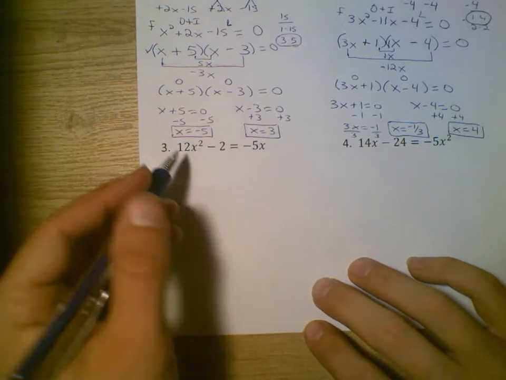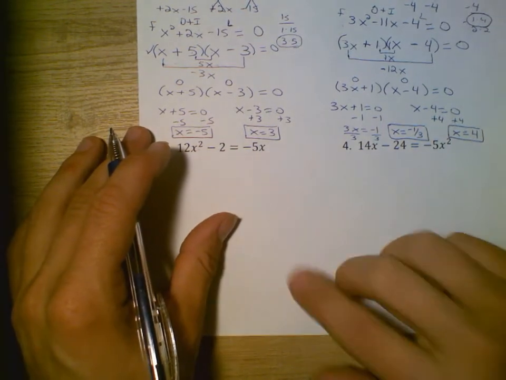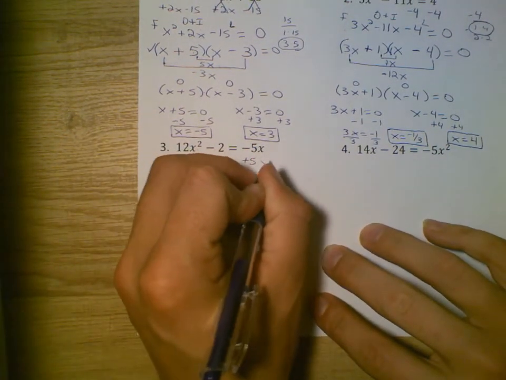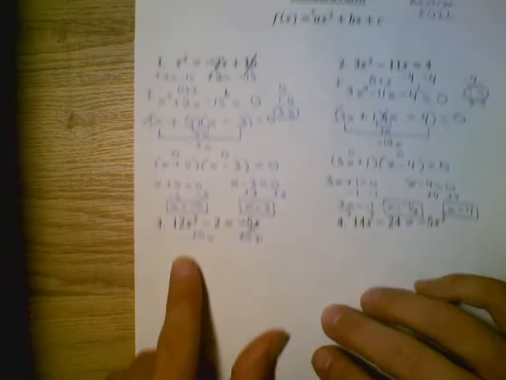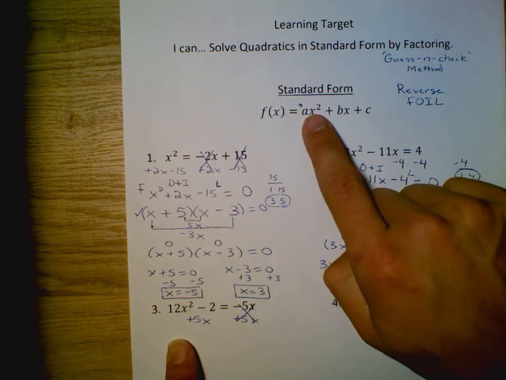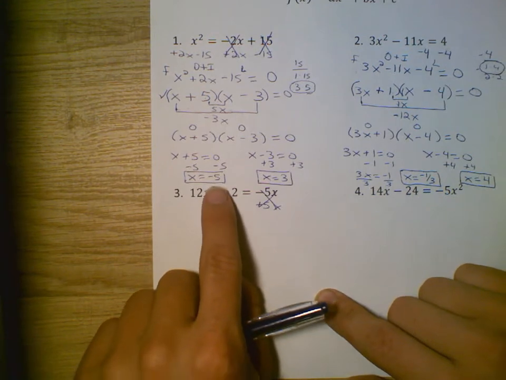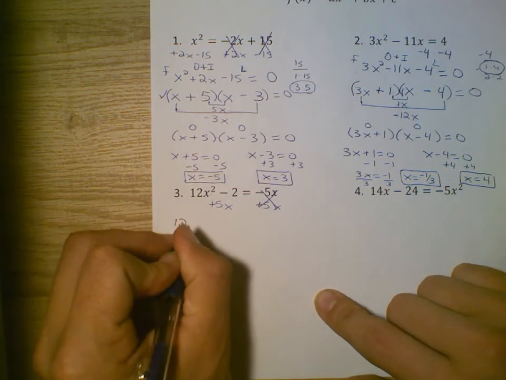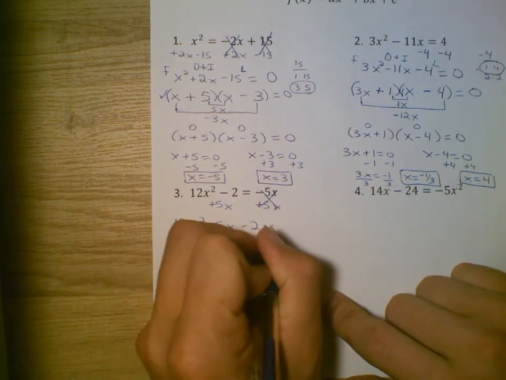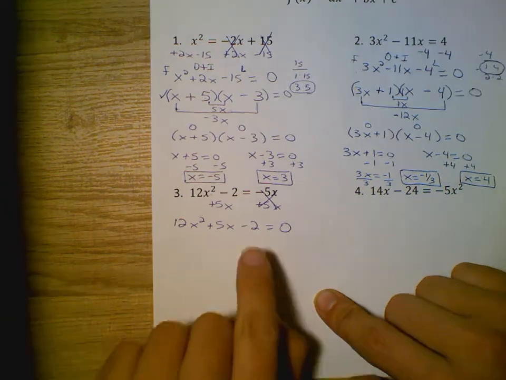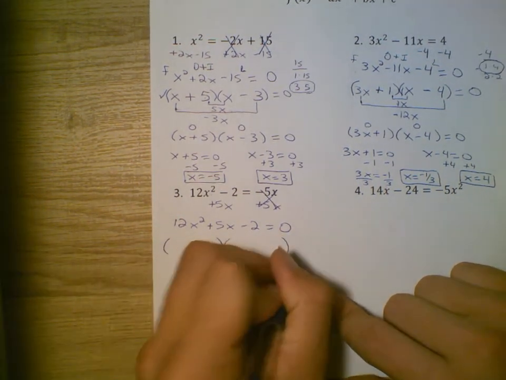So in number 3, I have 12x squared minus 2 equals negative 5x. So I'm going to go ahead and add 5x over. Now, remember, when I add it over, I want to make sure that the terms are in order. It should go the square, then the x, then the constant. So when I add the 5x over, I'm going to make sure it goes in the middle. So I get 12x squared plus 5x minus 2 equals 0. Okay. Once everything's on the same side, I'm going to go ahead and factor it using the guess and check